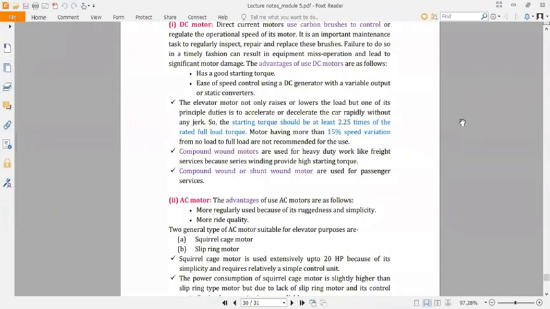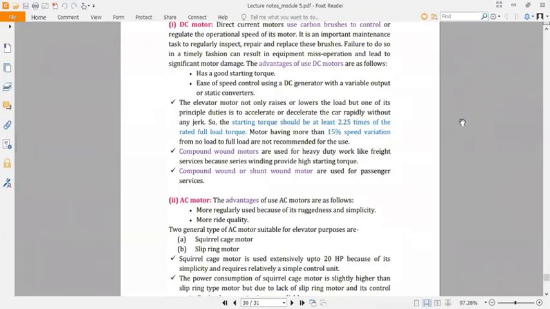We need to continuously monitor whether the carbon brush is functional, in working condition or not. So there is a certain limitation, but overall, from the control point of view or the starting torque point of view, it is very much suitable for this